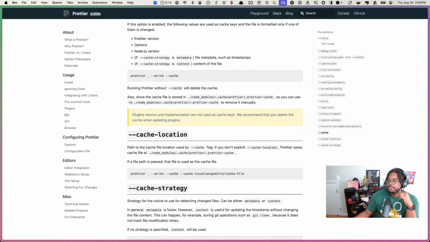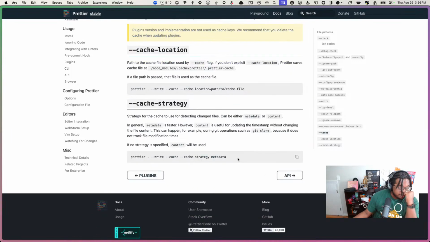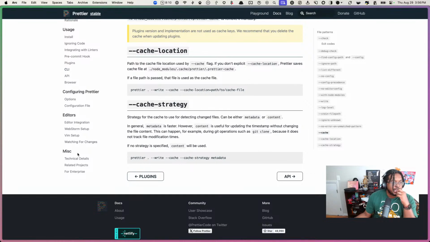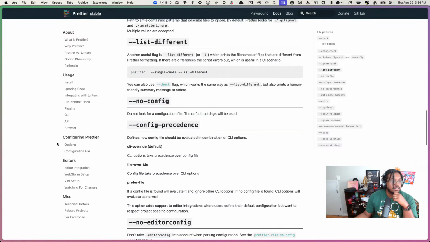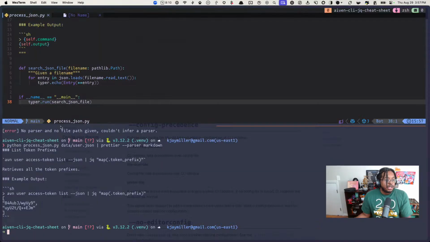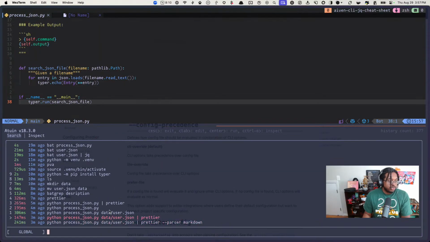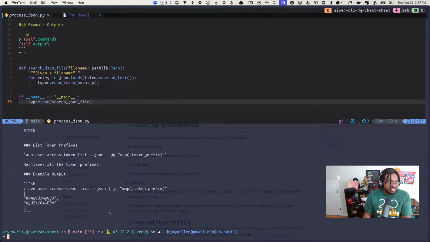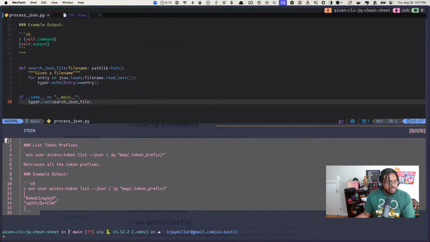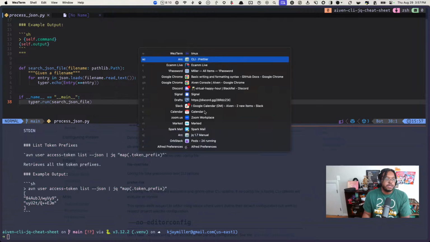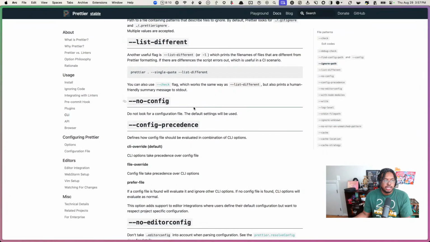Does prettier add colors? You thought it was the LSP. It could be the LSP doing it as well. I don't know why I thought it would have access to the colorizing paths in a terminal. But I could also just do, instead of prettier, could I just do bat? Kind of does the same thing, I guess. What I was hoping for was to get some nice view of this, but maybe another option here is actually